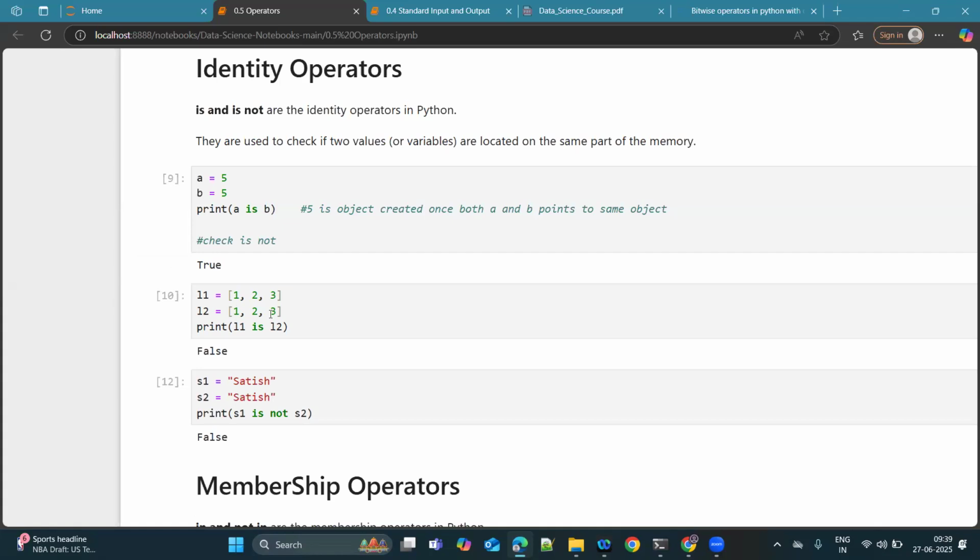Print L1 is L2. The thing is, as we know, a list is an ordered collection of elements separated by commas, enclosed in square brackets. If I say print of L1 and L2, we need to check all the elements, whether L1 is pointing to L2 or not. If I say L1 is pointing to L2, there may be the same means